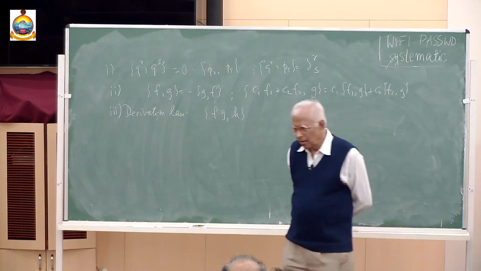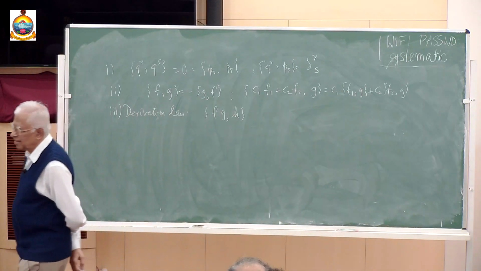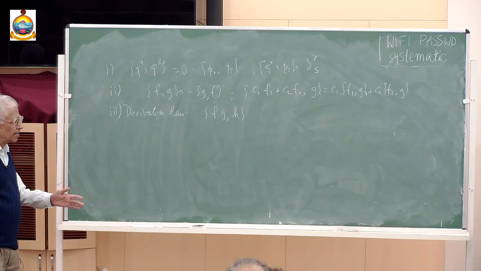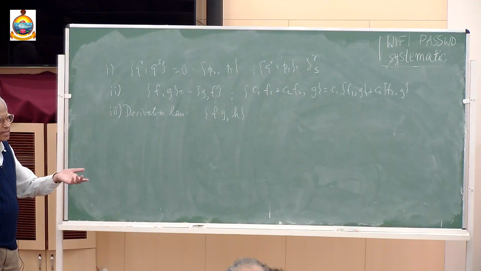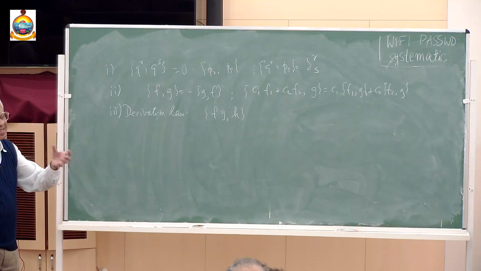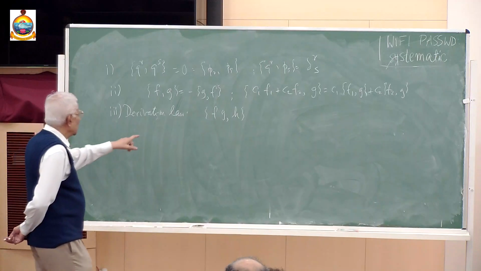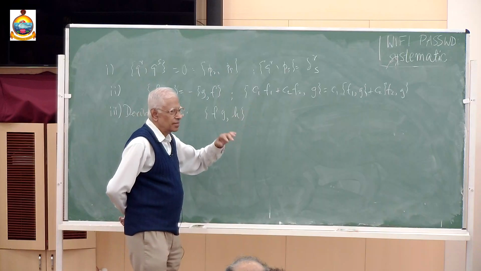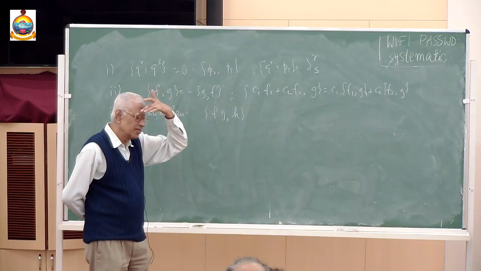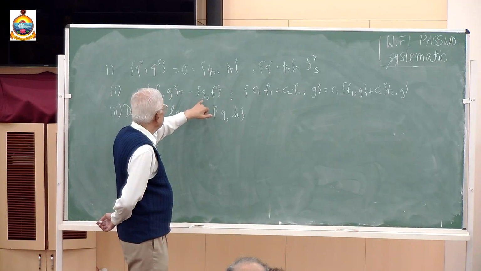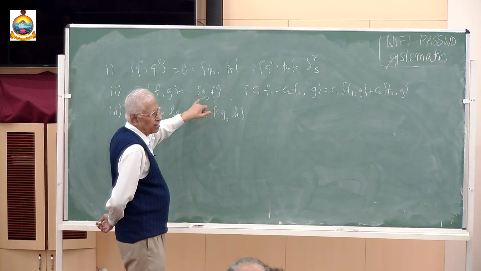Antisymmetric bilinear. Not bilinear form, because it is something involving differentiation. So bilinear form generally means you have vectorial quantities, linear quantities, and something algebraic in them using typically a matrix. So I am coming to the derivation law. Let me write it, and then you will see it's not a good thing to think of it as a bilinear form. If you like, call it a bilinear expression, because it involves derivatives of f and derivatives of G,